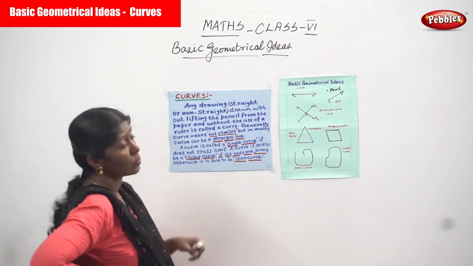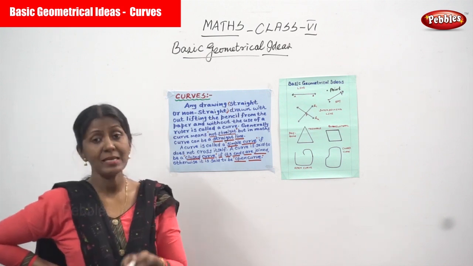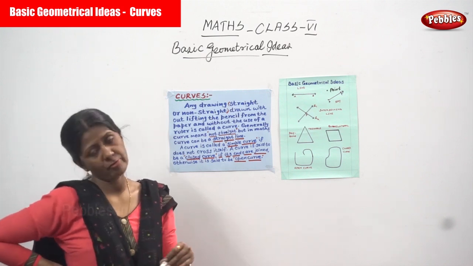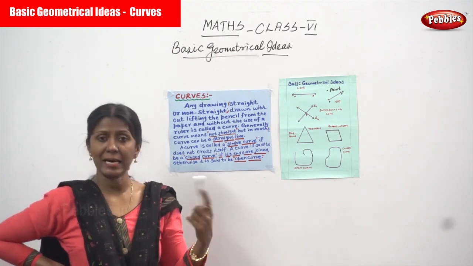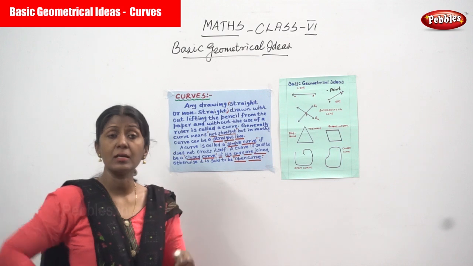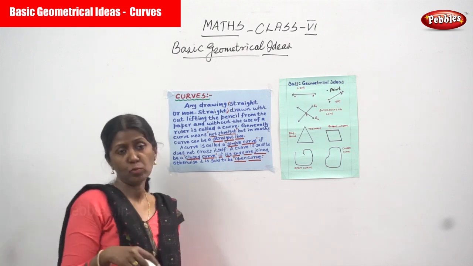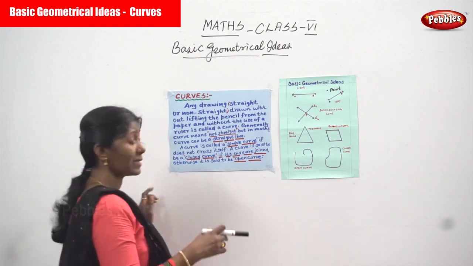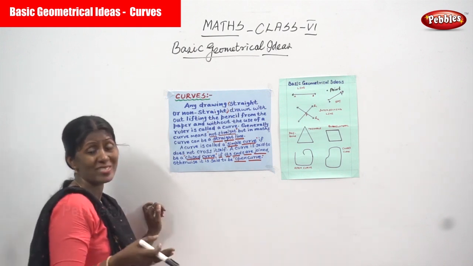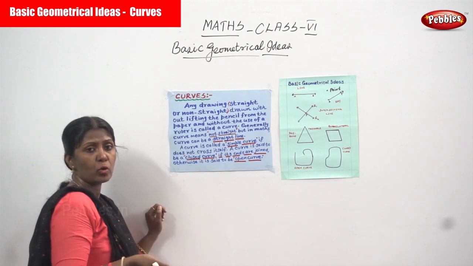That means any drawing, any object, for example a circle, or a half circle, a semicircle. Otherwise we can call it any kind of curve. A curve means, for example, a crescent moon or whatever there may be. So at that particular point we should not use a straight line. In maths we can call it as